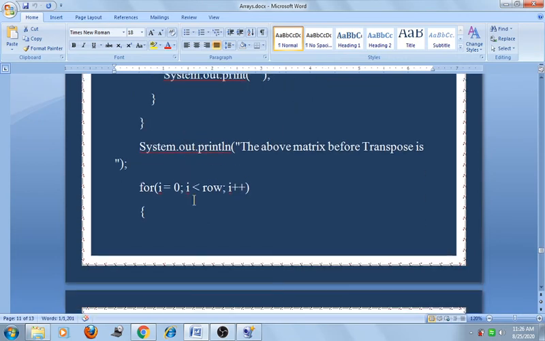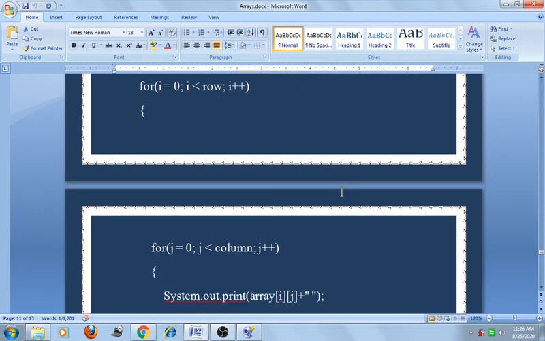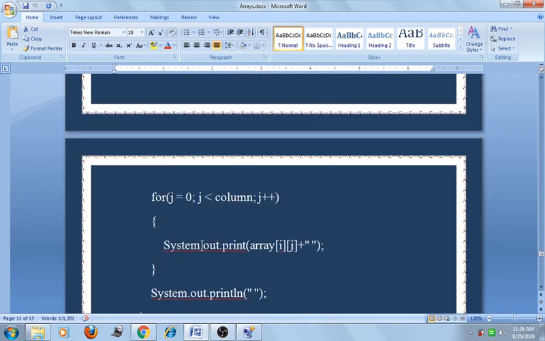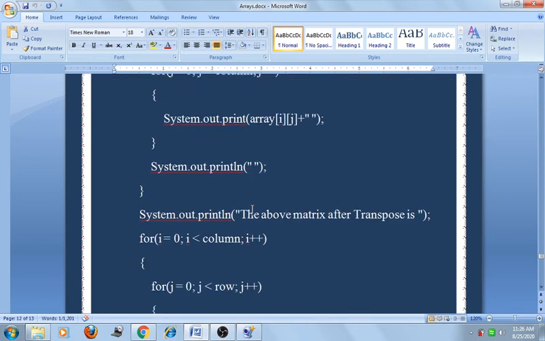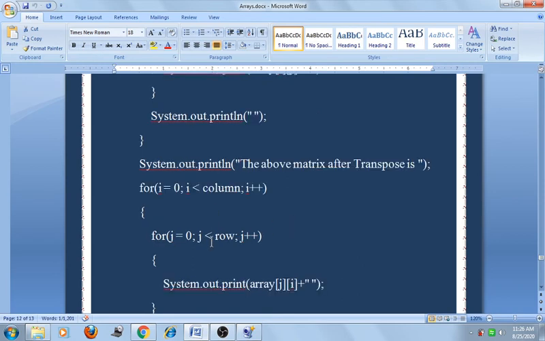Now the above matrix before transpose, we print the matrix before transpose in the next two for loops. So here System.out.println array[i][j], here we print the array element. Now the above matrix after transpose: here again we require two for loops and we shuffle the for loops.